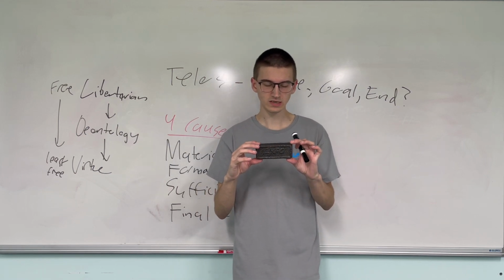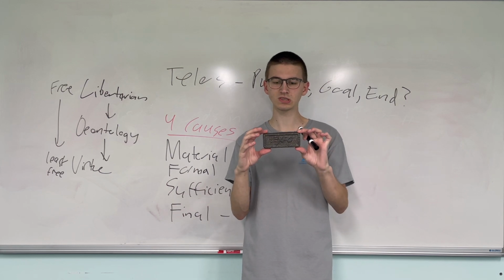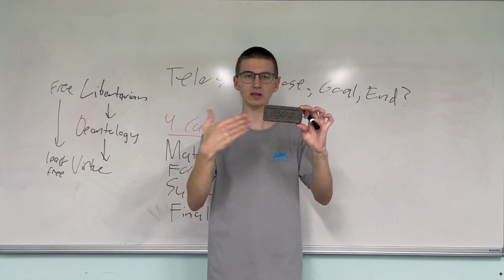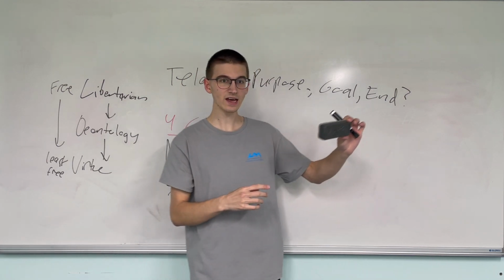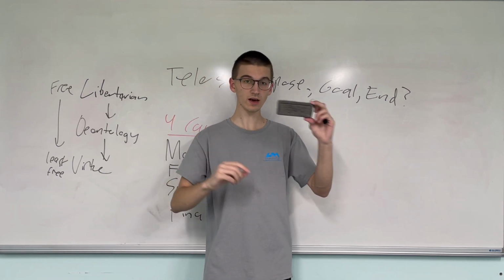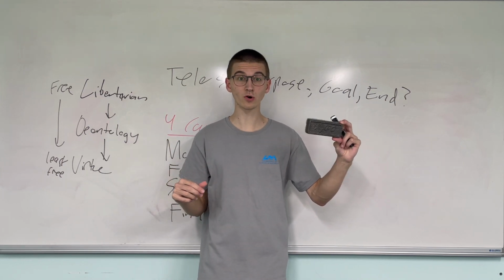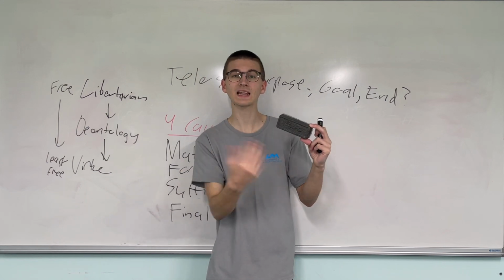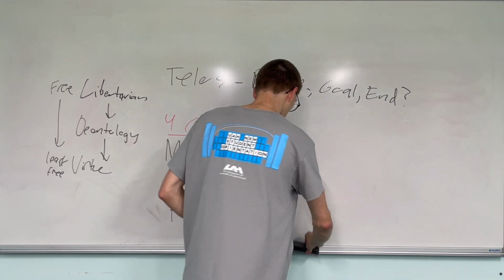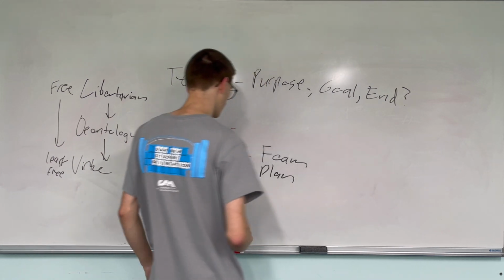So it's going to take up such and such amount of space. It's going to be shaped in such a way. The scale of one side to the other is going to be such and such a way. Such that if I had another marker or another eraser exactly like it next to it, I could say these have the same formal cause. They respect the same formal plan of how they're created. So we could call this the plan.